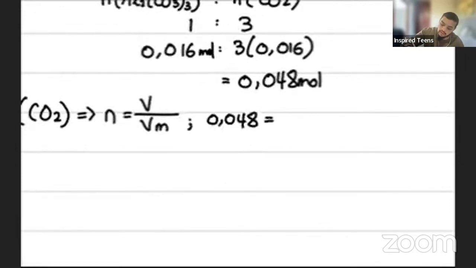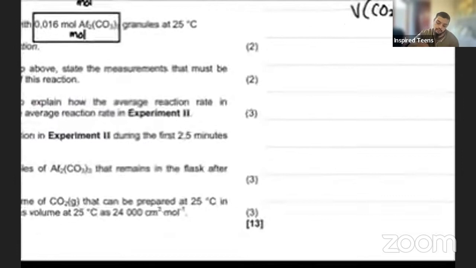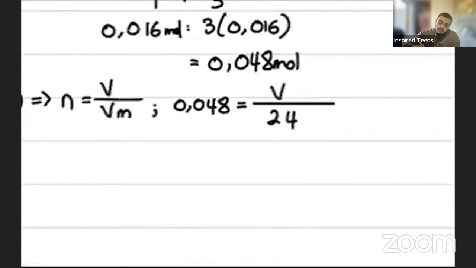0.048 is equal to that specific volume that we want to calculate, divided by the molar volume, which they give us as 24,000, I'm pretty sure. So I'm just going to divide it by 24 because that's it in decimeters. And I prefer to substitute the decimeter value into this equation and then reconvert back to centimeters. So multiply this by 24. It's going to give us our volume is